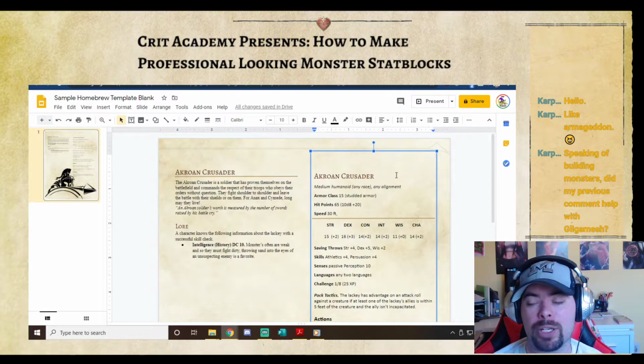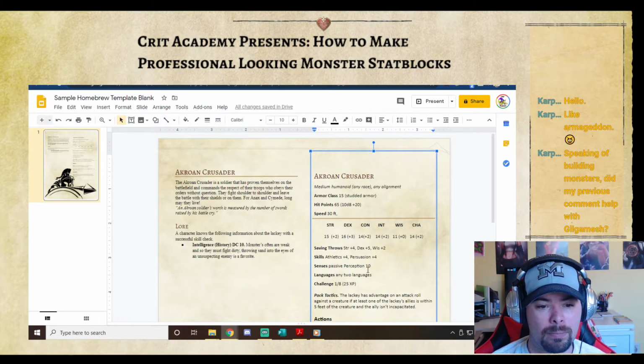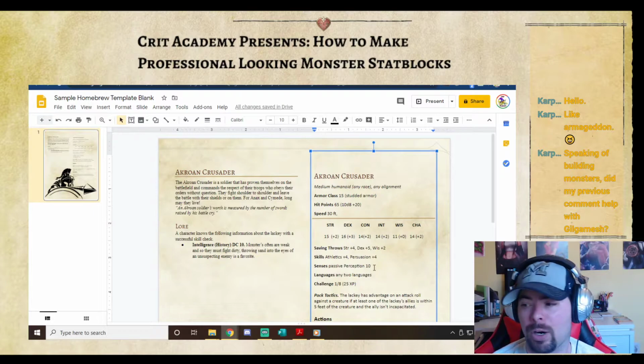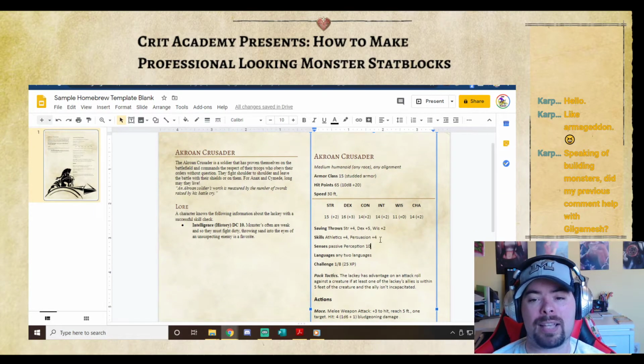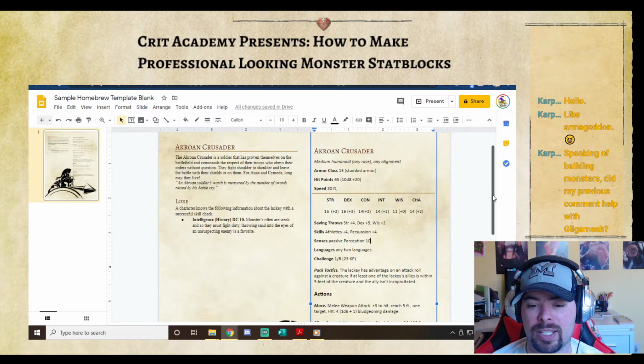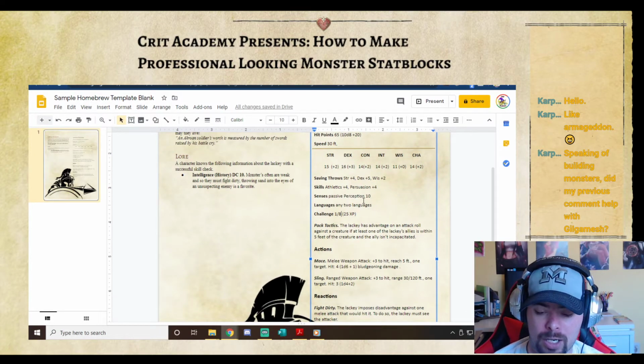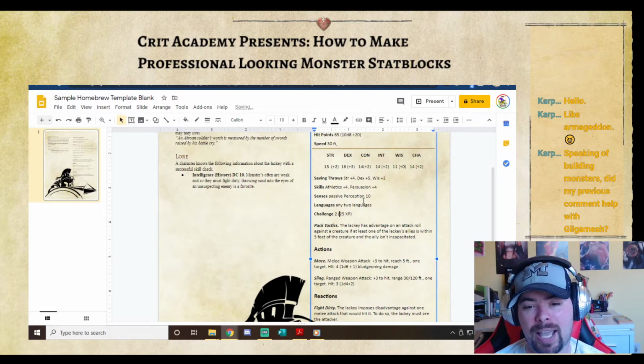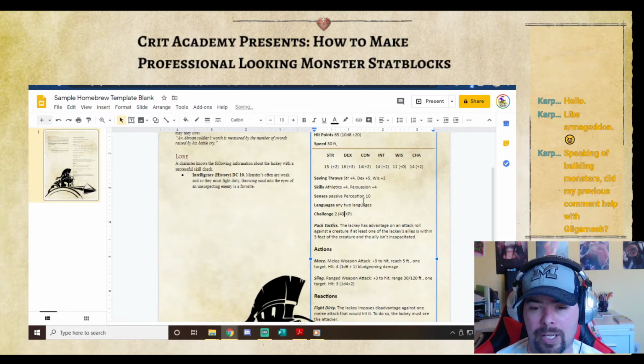But you can use the mechanics as is, which is pretty useful for publishing. All right, so we've got his athletics skill, and we added persuasion because he's a very proven soldier and has a lot of pull. We're going to leave the languages as any two languages so the DM has a little bit of room to play, once again, with the race, the alignment, and the languages they speak. This is a CR2 monster, which means it has a 450 experience